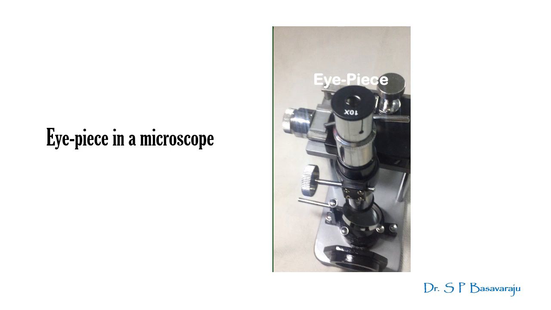Within the tube, just below the position of the eyepiece, there is a thin plain circular glass plate on which two fine diametrical lines are etched perpendicular to each other. It looks like a plus mark. That's what we see as cross wires or cross hair or cross lines in the microscope. That thin glass plate is called reticle or sometimes as graticule.